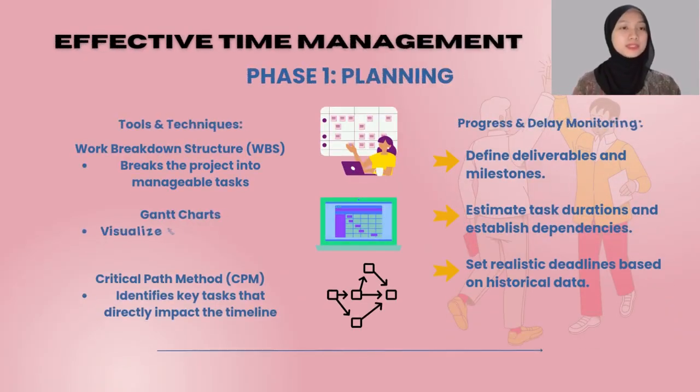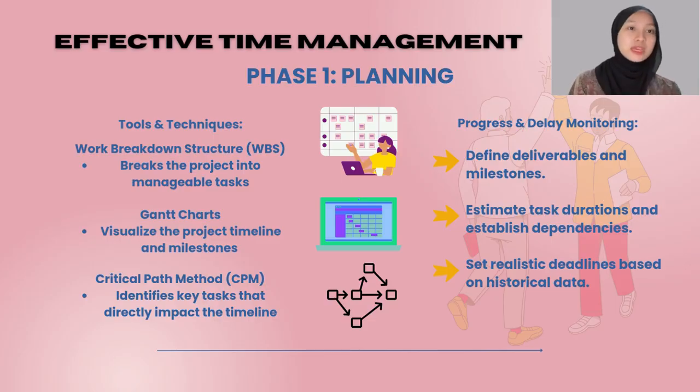In the planning phase, the first step is to break the project into smaller, manageable tasks. We use a work breakdown structure, which is WBS, to define the project scope and organize the tasks. A Gantt chart helps us visualize the project timeline, key milestones, and dependencies. Additionally, the critical path method, which is CPM, identifies the tasks that have the most direct impact on the project